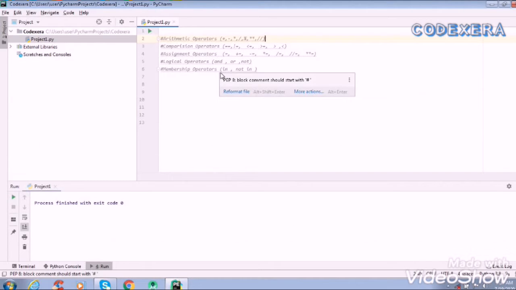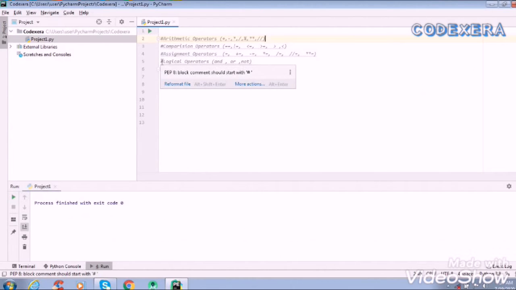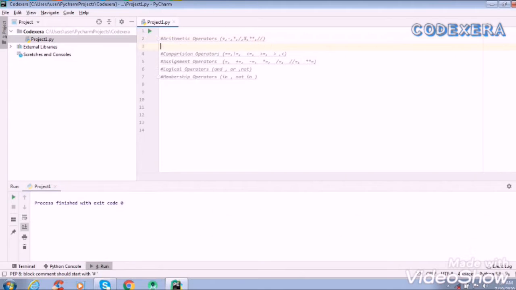We use membership operators for checking a sequence in a collection. We can also say object, but I have not started with objects yet, so I will say only collection, like list, tuple and all. Now I will start showing examples of all these.